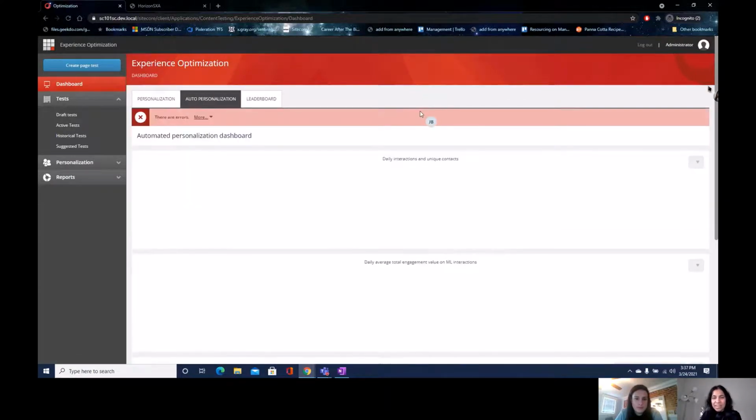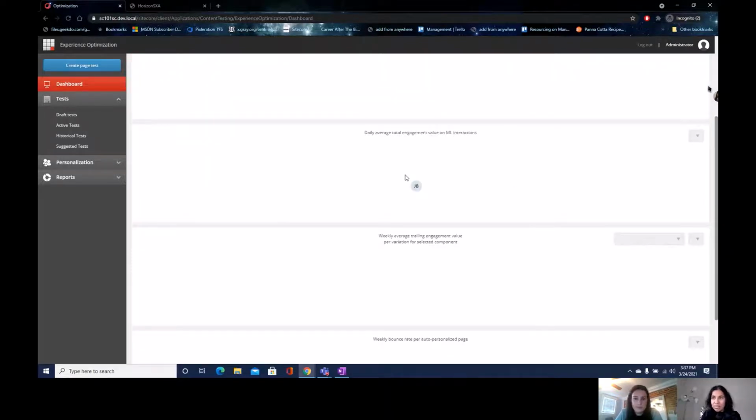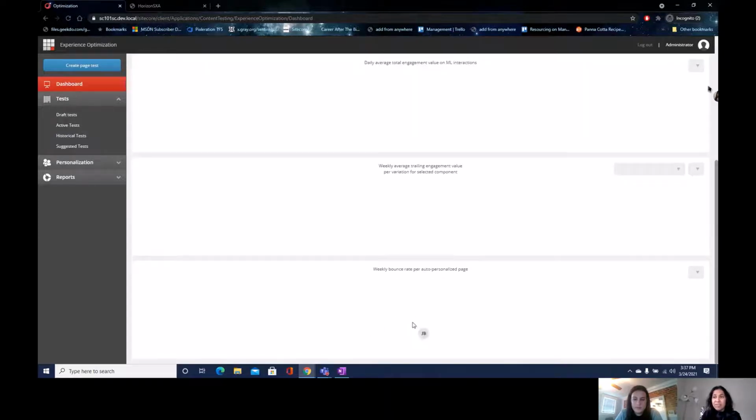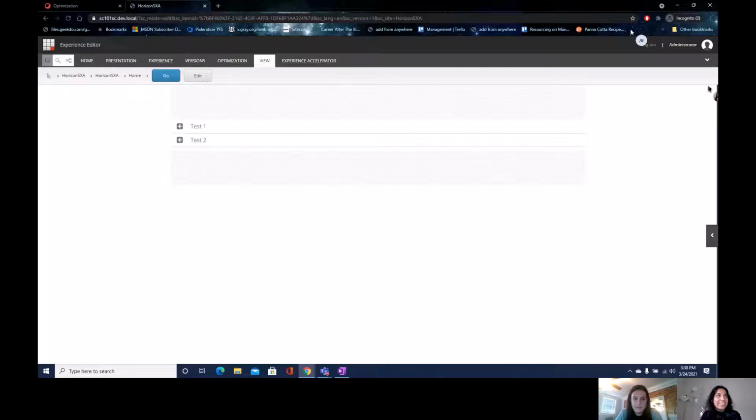My dashboard doesn't have any data, but if you did have your auto personalization running, it would show you your daily interactions and your unique contacts, their engagement, how well your auto personalization variants are doing with the engagement value, and what the bounce rate is on each of your auto personalized pages. So you have your dashboard that's set up just for Sitecore AI that you'll get if you were to set up Sitecore AI in here. And that's all I have for Sitecore AI. So on to you,